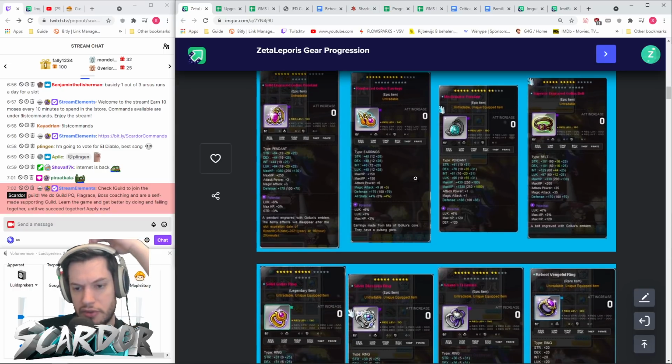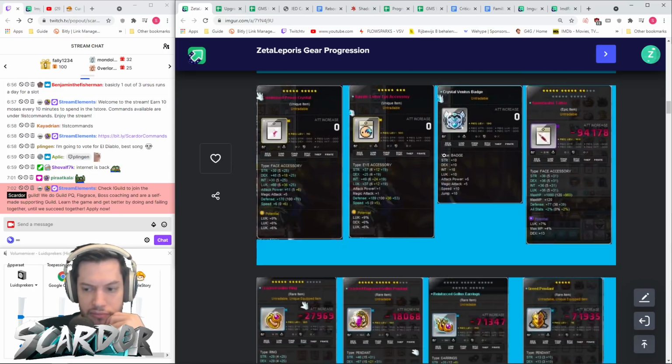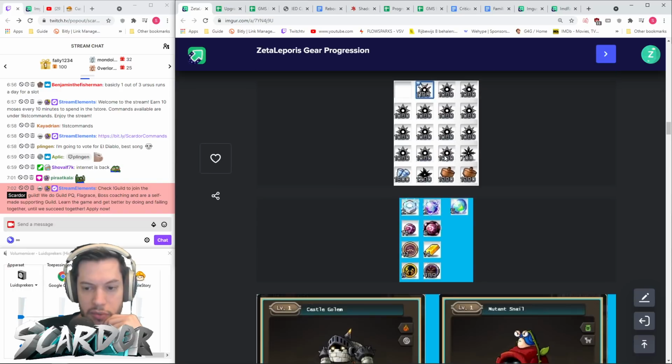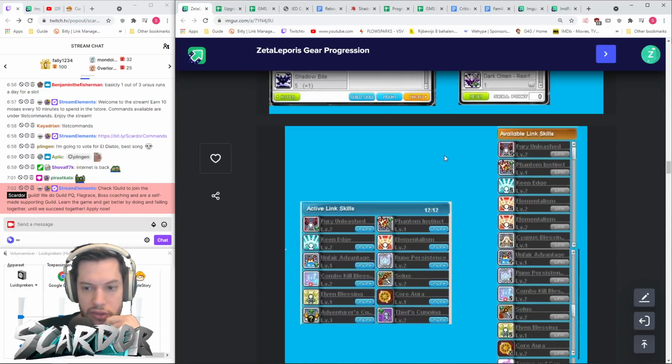Well, when you were buffed, what did you add? I added the familiar, and I think that was it. Let me double check. Okay, so that's the one. So the familiar we already have included now, so we still need to get...